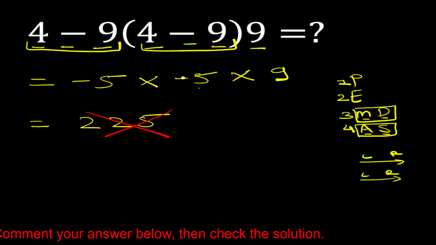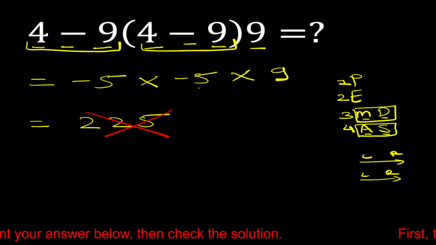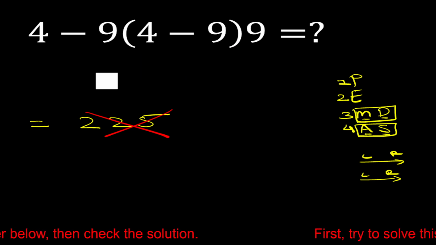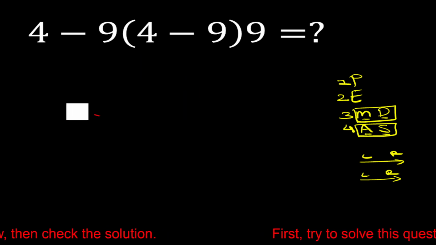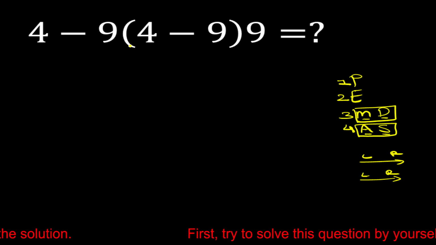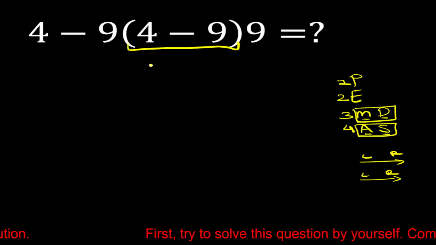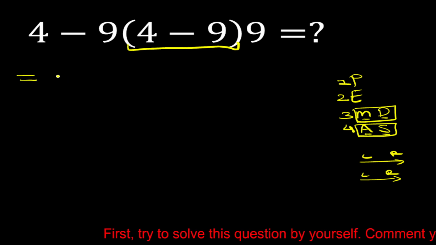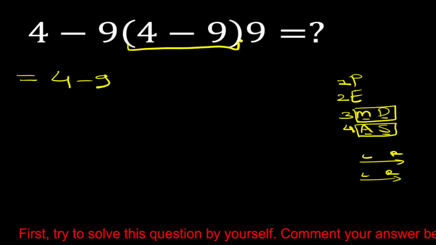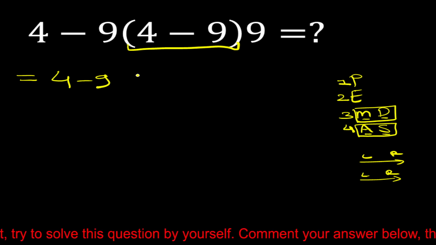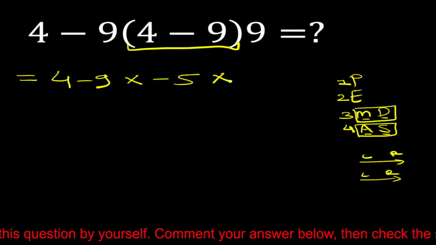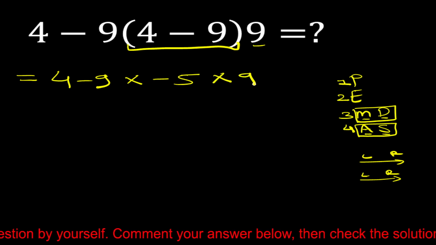Okay, so in this question, according to the PEMDAS rule, first we have to solve this parenthesis. Okay, so now 4 minus 9, solve this parenthesis. 4 minus 9 is equal to minus 5, then multiply this 9. Okay,